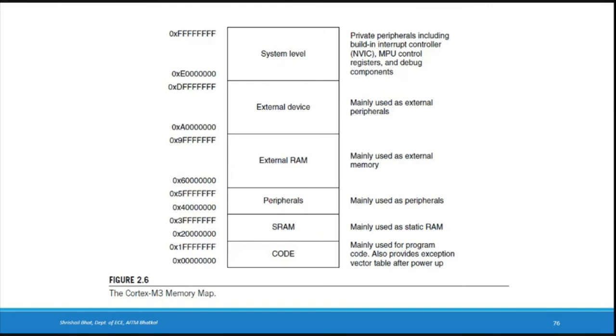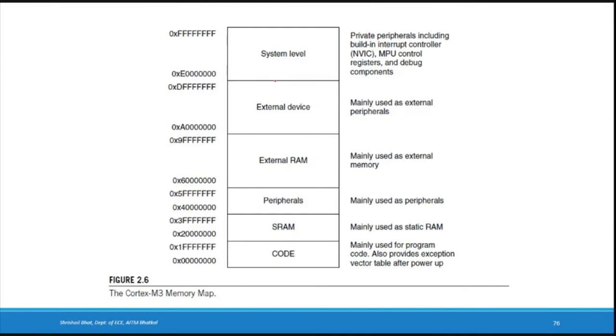Then another half GB is used for peripherals, to store the addresses of peripherals. They will be mapped in this particular region, from 40000000 to 5FFFFFFF. Then there is another 1 GB for external RAM. The addresses of external RAM are mapped in this 1 GB area, from 60000000 to 9FFFFFFF. Then external peripherals, external devices, can be connected in this 1 GB of space, A0000000 to